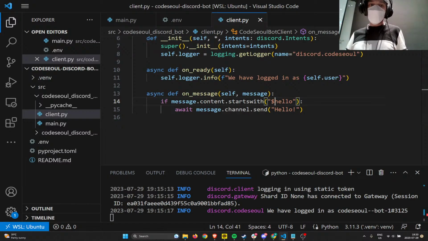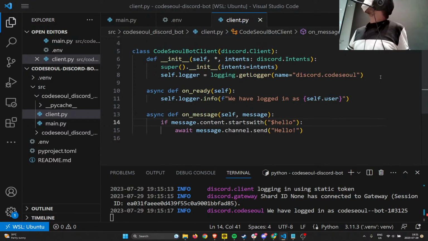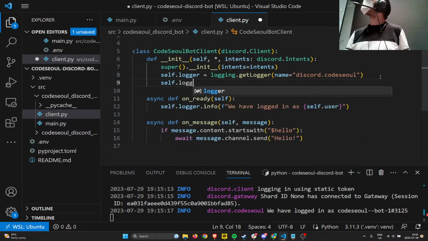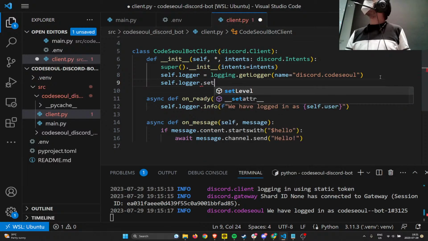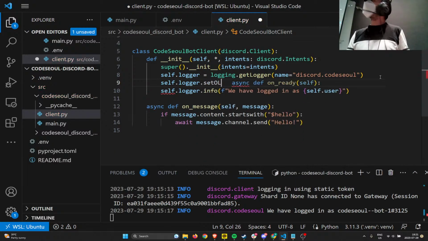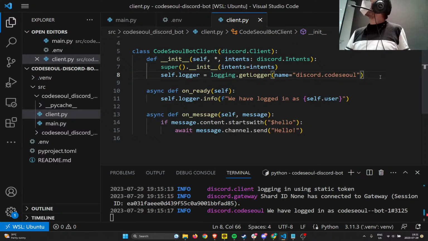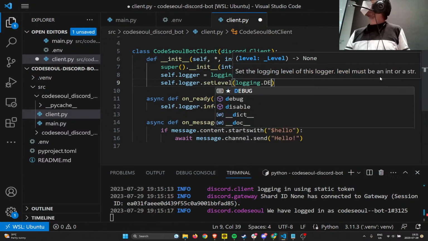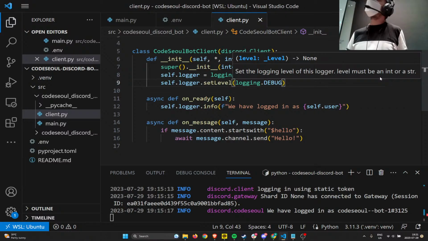And now what we're going to do first off is add a bunch of logging. So let's go ahead and, for now, this is only temporary, we're going to set our logger. We're going to set the log level to debug, just so that we can get some debug output and we can clean it up later. Okay. And we can say,